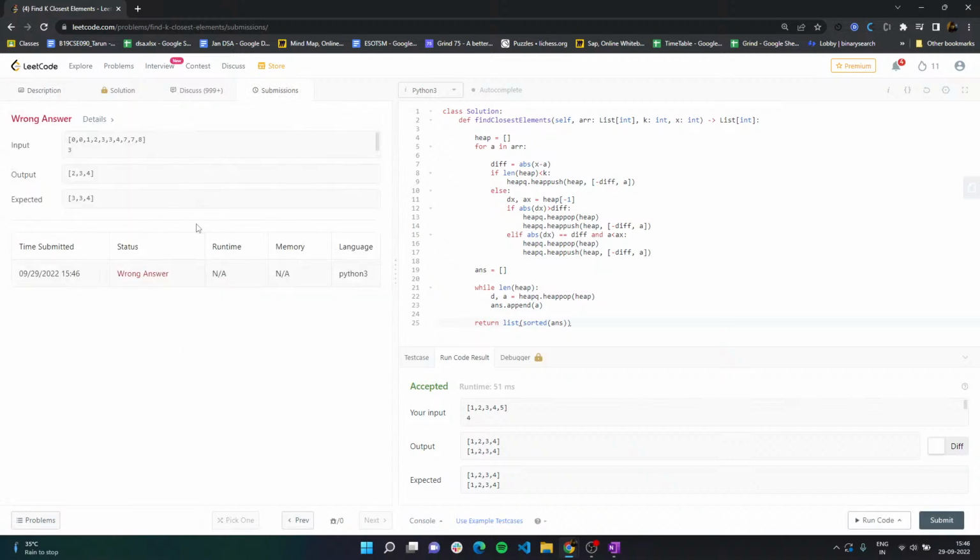I'm not sure if this works. Yeah, output was 234, expected was 334. If the absolute difference is equal to diff and a is less than a of x, only then I insert this. Otherwise I do not. And if the absolute difference is greater than diff, then also we do this. Otherwise,